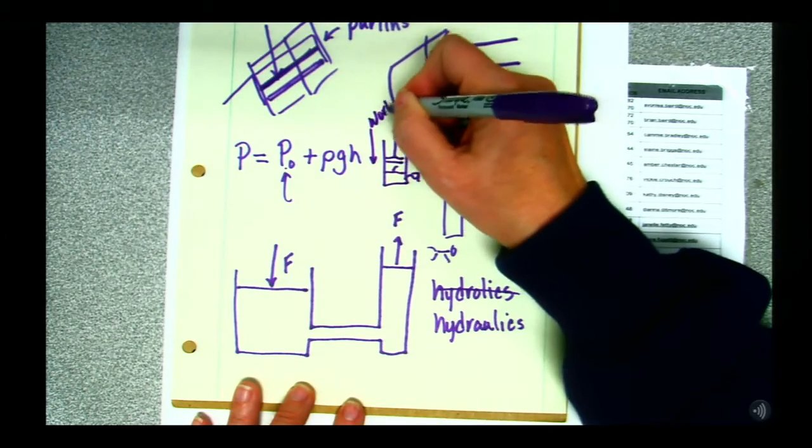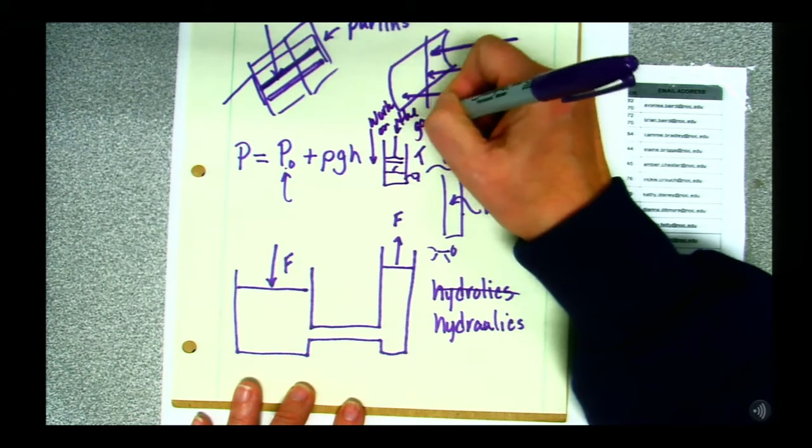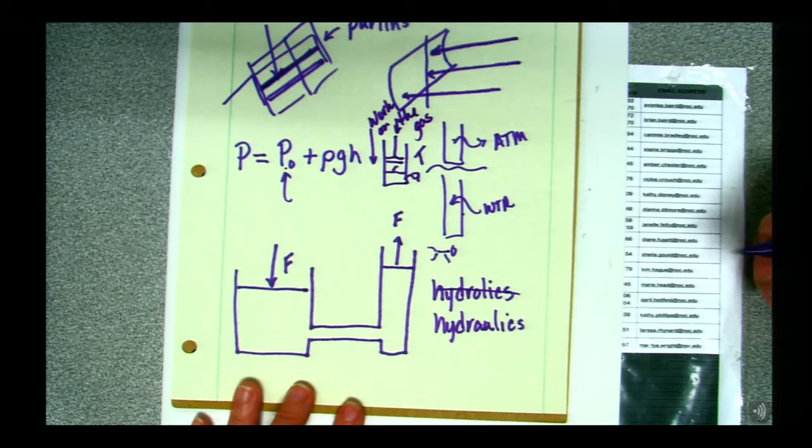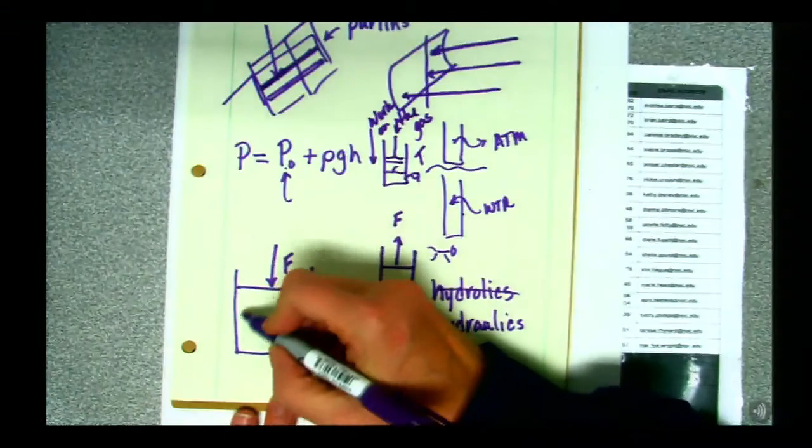All right, we did work on the gas, so that energy had to go somewhere, and that energy ends up going into temperature. So when we have our regular bicycle pump piston, that's what's happening there. I can actually get the gas compressible. But if I have this filled with a liquid, like water or hydraulic fluid,